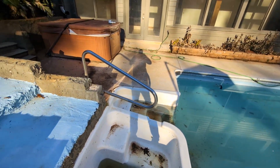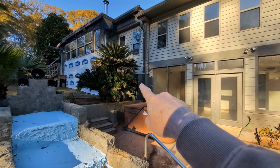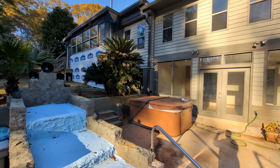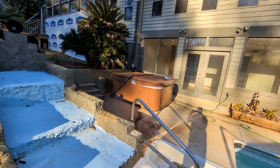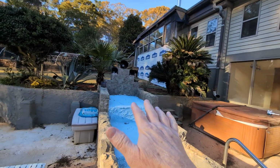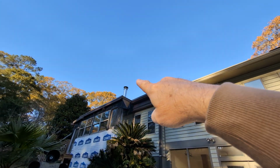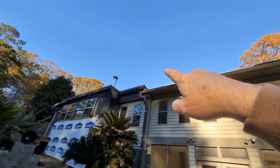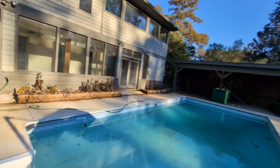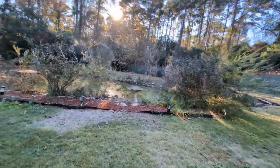Also, your pump for your filter, or your pool filter pump, is right inside this little open space just under the deck there. But again, I don't know that I would count on this working. You've got exposed wood up here that has been exposed to a lot of moisture. The VA is going to really yell and scream about that. And then we'll take a look around